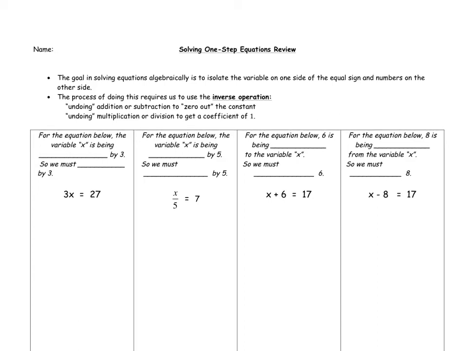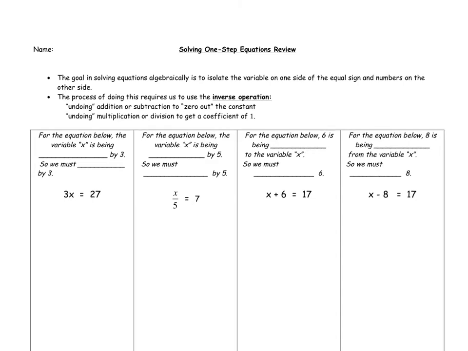Hello, today we're going to solve one-step equations and we're going to review all four operations. So this is a review. The goal in solving equations algebraically is to isolate the variable on one side of the equal sign and numbers on the other side. The process of doing this requires us to use the inverse, also known as the opposite